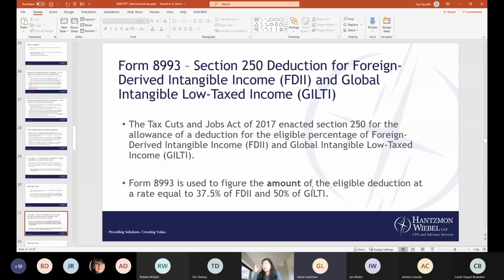So if I'm a U.S. company selling goods offshore, I'm still taxable in the U.S. on those sales, but I can get a deduction as part of this under Section 250 for my foreign derived intangible income. That's a calculation where you take, to the extent that your offshore sales